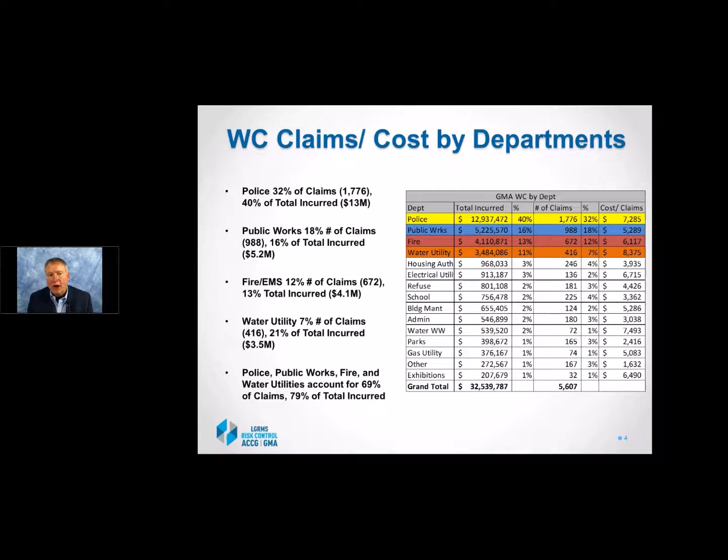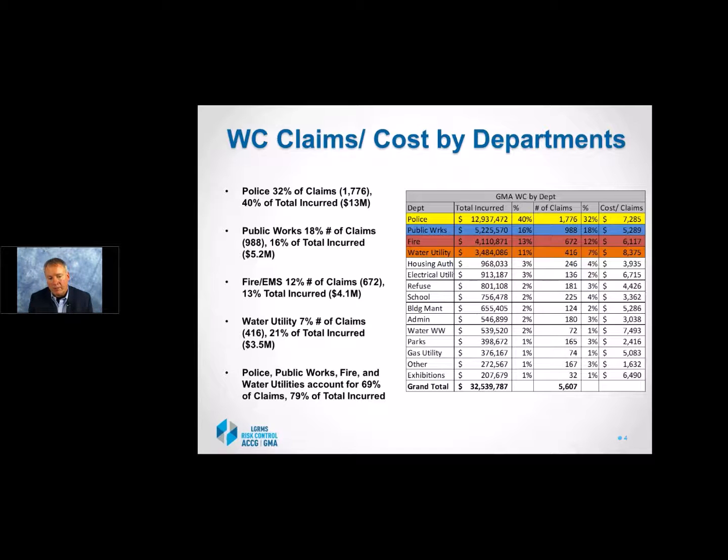As you can see from this, our police department has 32% of claims and 40% of total incurred. So that's almost $13 million within that 3-year period. Public Works is 18% of claims at almost 16% of total incurred, at almost $5.2 million. Fire and EMS, 12% of claims, 13% of total incurred at $4.1 million. And water utilities, and again this is fairly unique depending on the city you belong to, 7% of claims,